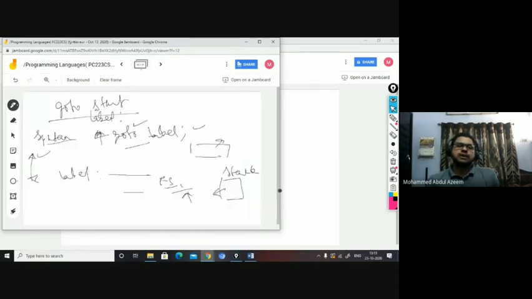So the goto statement is basically used to send the control from one place to another. If you look at the syntax of goto, it is specified by a label: goto followed by a label. Goto, space, then you specify some label. A label could be anything. It could be 20, 30 or some name. This label could be before the goto statement or after the goto statement. Whenever a goto statement is encountered, it will send the control to that respective label, whether it is before it or after it, right?